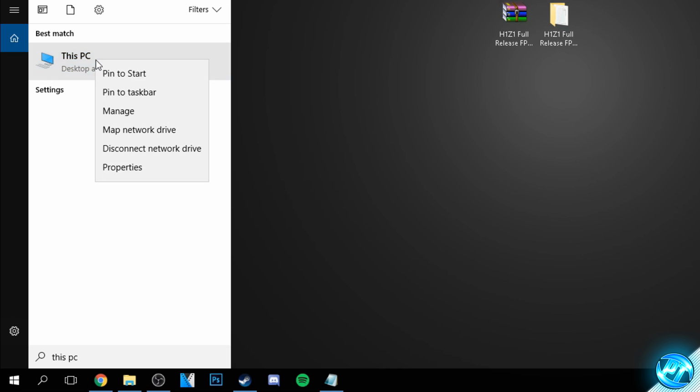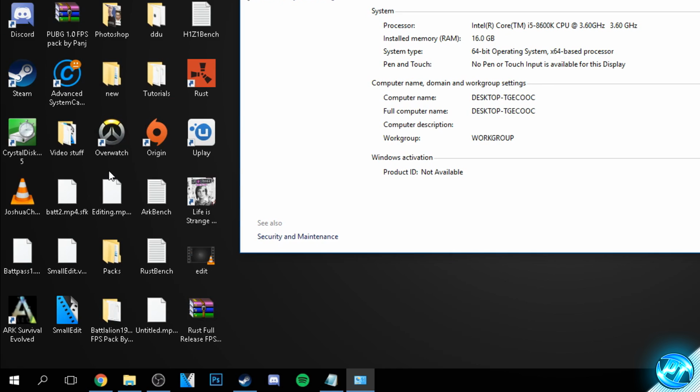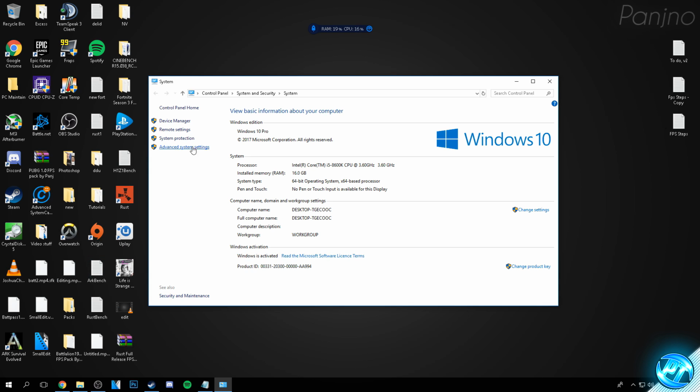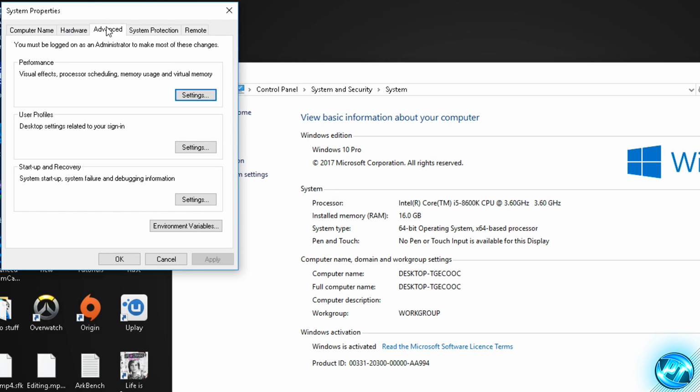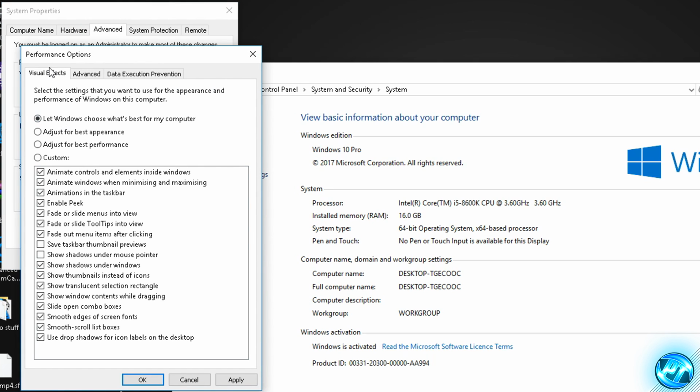This time we're going to be right clicking on this PC and going to Properties. Then inside of here, we're going to navigate to the left hand side and click on Advanced System Settings. Then go to the Advanced tab at the top, go to Performance and click Settings. Starting off with the Visual Effects tab found here on the top left hand side,